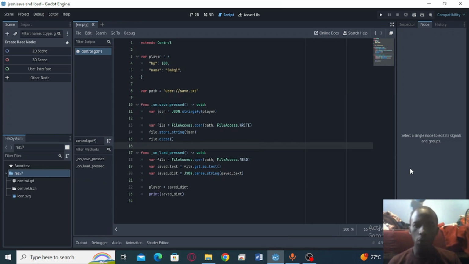So hello world, welcome to another tutorial, and in this one I will be teaching you how to use the AES context object in order to encrypt data that you're saving so that nobody can just open up the file and change data which you have saved, so that they can give themselves nearly infinite HP or change their stats. So this is a follow-up tutorial of a previous video I made where I illustrated that